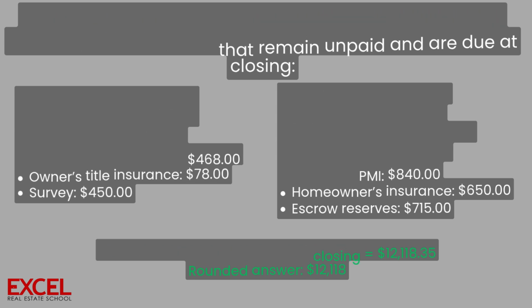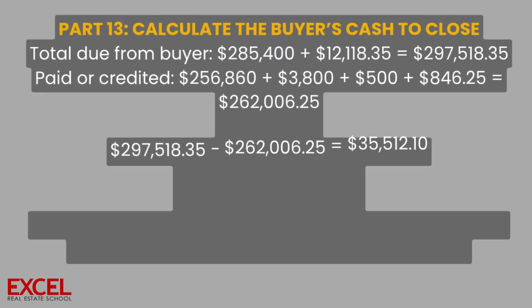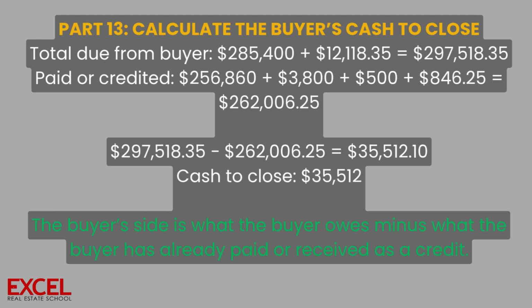Now, part 13, we're going to calculate the buyer's cash to close. So the total that is due from the buyer, remember it's $285,400 plus $12,118.35. That gives us $297,518.35. So cash to close, the cash to close, remember paid or credit the $256,860 plus $3,800 plus $500 plus $846.25 gives us